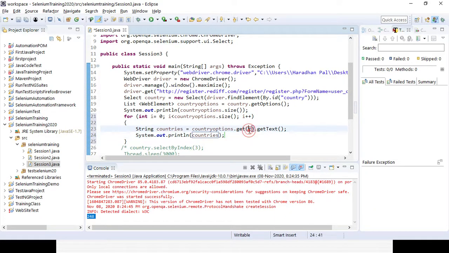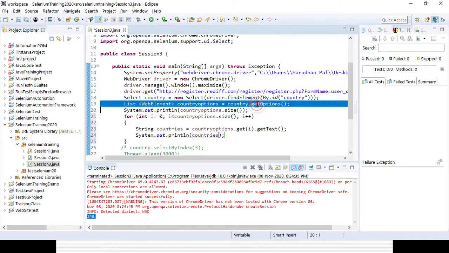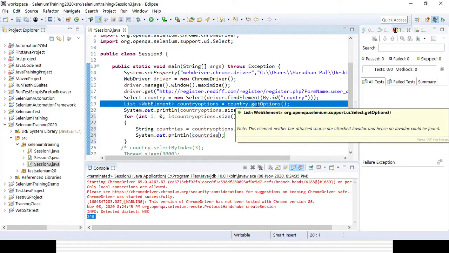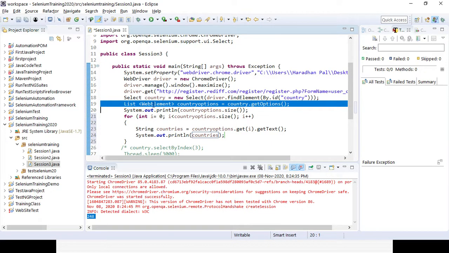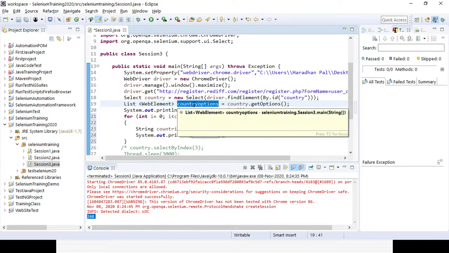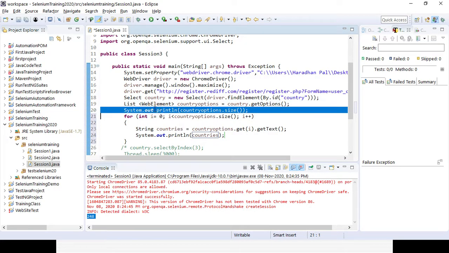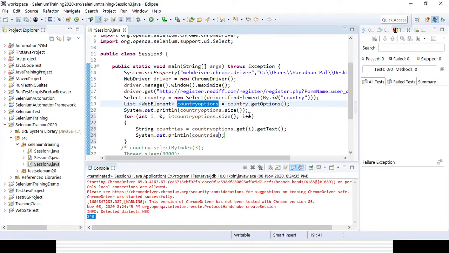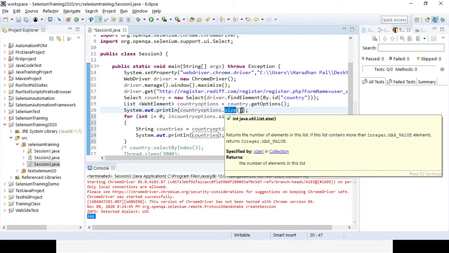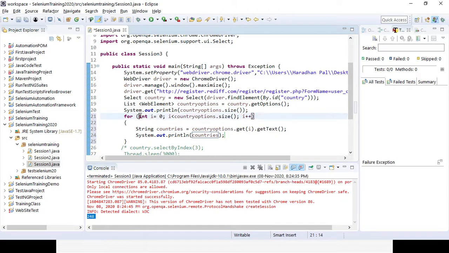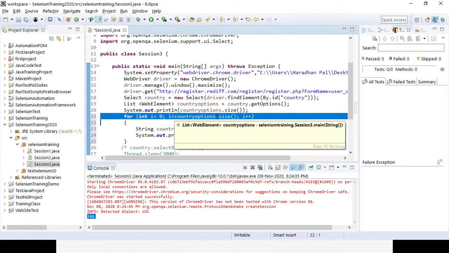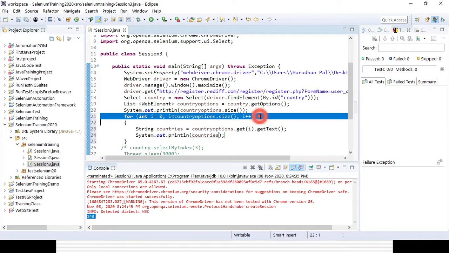So first I am creating a variable where I want to get all the options from the drop down, and I am storing them in the List of WebElement variable. I want to get the size; you know the size method is available in Selenium WebDriver. Then I am using a for loop, iterating from 0 till the size, i plus plus, so it will iterate over all the options one by one.